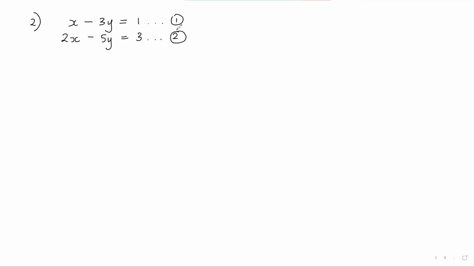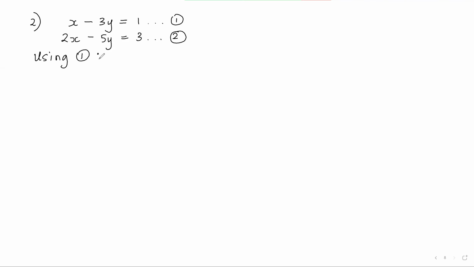As I said, choose the equation in which the coefficient of any one of the variables is 1. It could be y as well, but in these examples, it's x. So I'm going to choose equation 1, and I'm going to rearrange that equation to make x the subject, meaning to have x is equal to something. I want x by itself on the left-hand side. So using